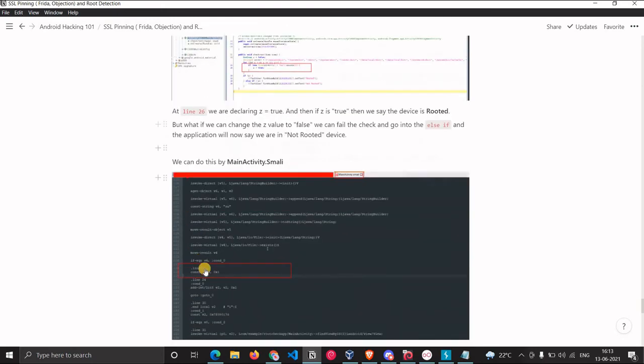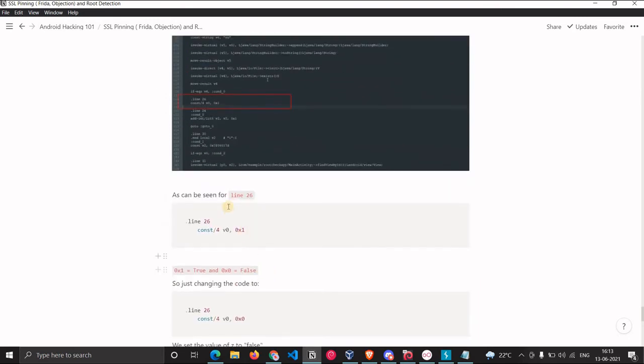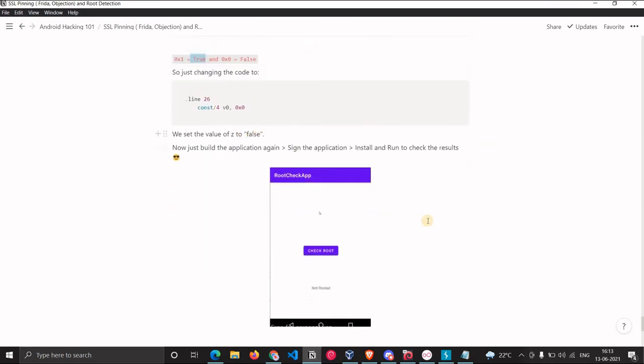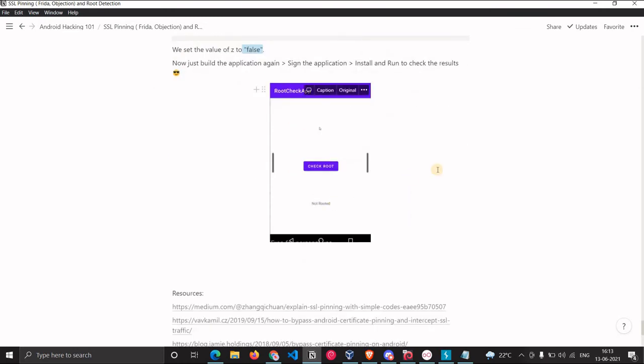Previously, when I did the check, it was saying rooted, but once we added this particular line of code on line 26, we changed 01, which was true, to 00, which was false, and then we set Z to false. So once we check the root now, it says non-rooted, the device is not rooted.